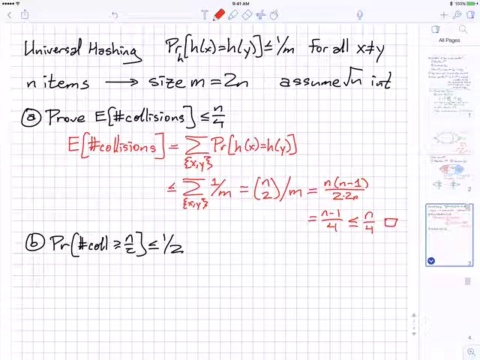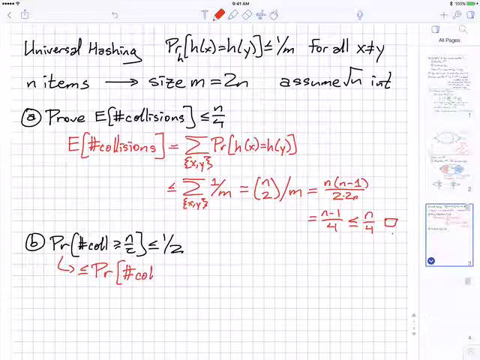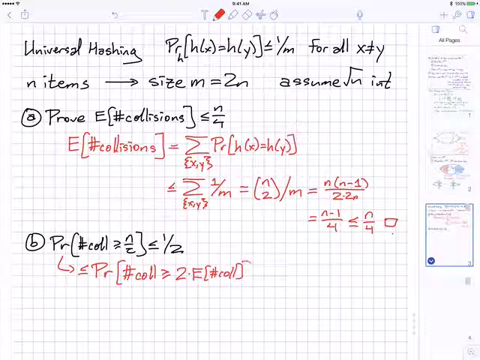Okay, so because the expected number of collisions is at most n over 4, this probability is less than or equal to the probability that the number of collisions is at least twice the expected number of collisions, which by Markov's inequality is at most,